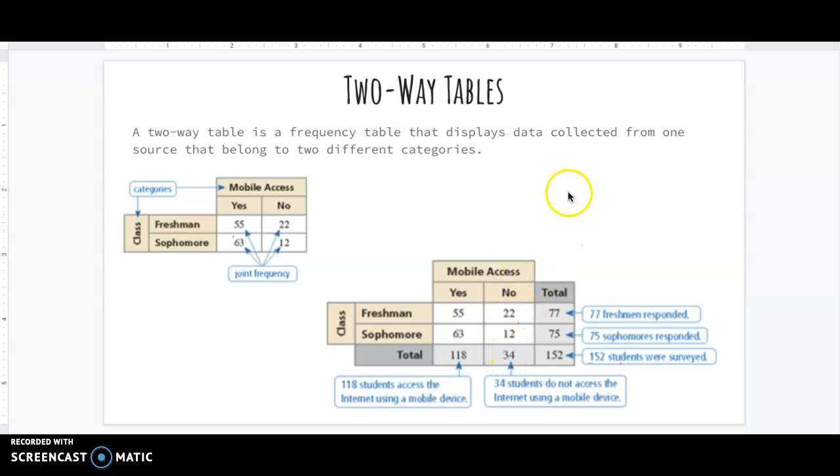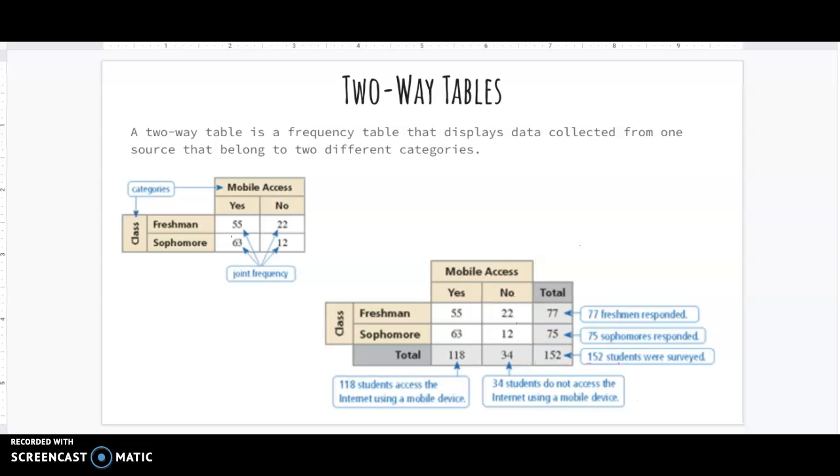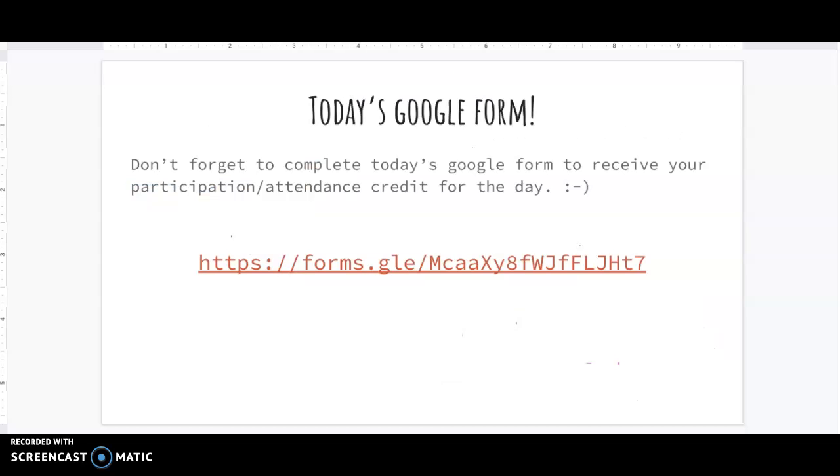So maybe, for example, you want to know what is the probability that a freshman or sophomore is not going to have mobile access. Well, that would be 34 out of 152. And it looks like that's about all the time